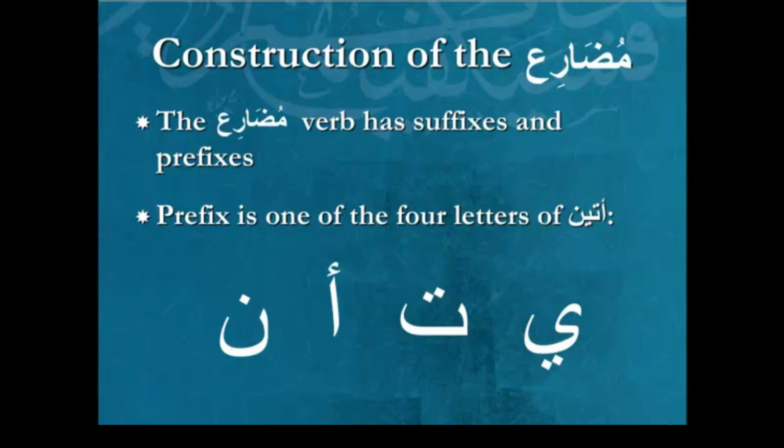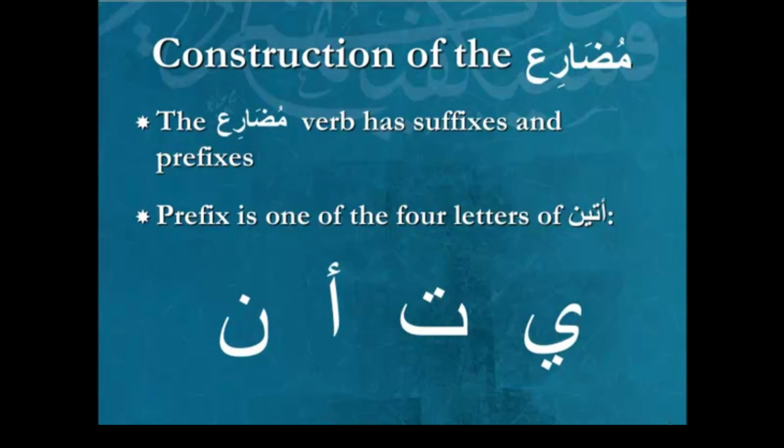The reason is that you can't leave it to vowels only, because when you're reading without vowels, when you're reading a classical Arabic book, the vowels won't be there. So you need an actual script difference, something that could be written in the text, and that's why the letter is there at the front. So the primary reason why we have the letter is to distinguish between this verb and the perfect one. The perfect one does not have the prefix.